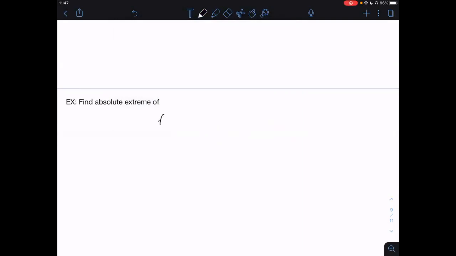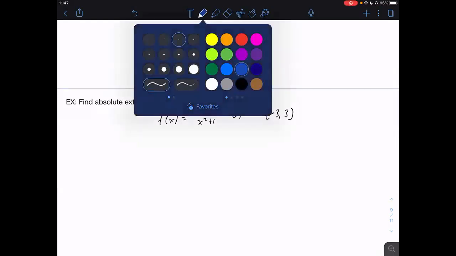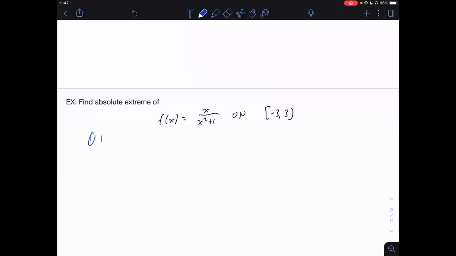In this case, a rational function f of x, defined as x over x squared plus 1 on the closed interval from negative 3 to 3. All right. So first step, find our critical numbers, which means we've got to find the first derivative